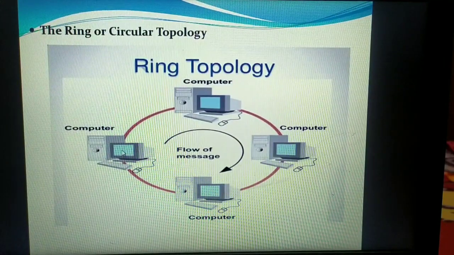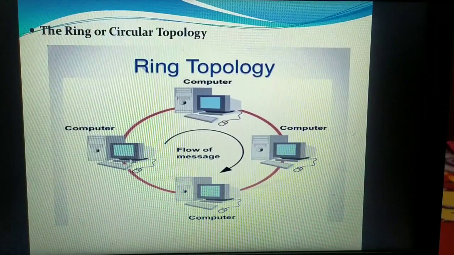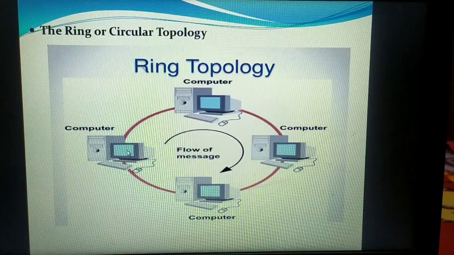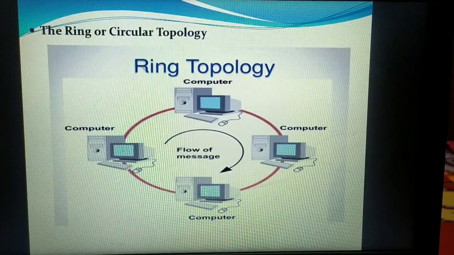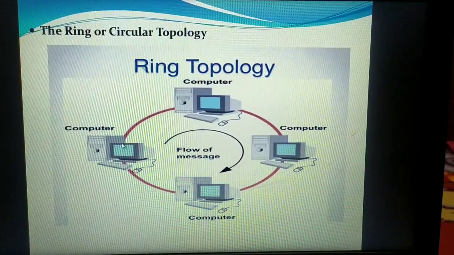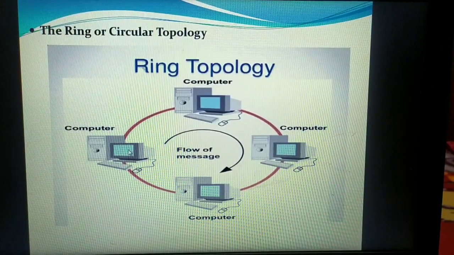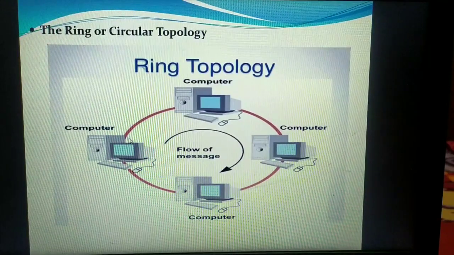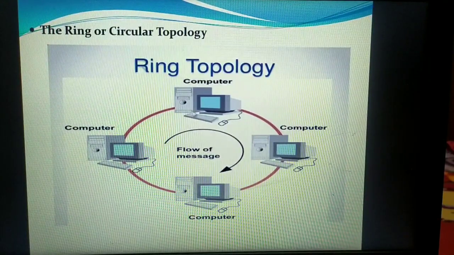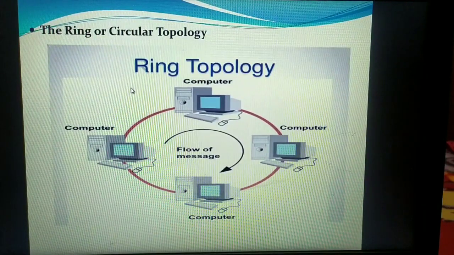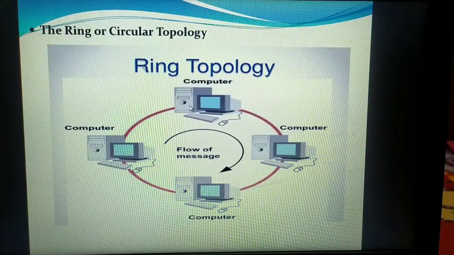When the data packet arrives here, this node's IP address and the destination IP address on your packet will match. Obviously that data packet will be copied onto the destination, and then a copy of your data packet will undergo amplification, and your data packet finally reaches the sender node, and the sender node will discard that packet from your network. This is how exactly the ring topology works. I hope it is clearly understood. With one more example if I need to explain.